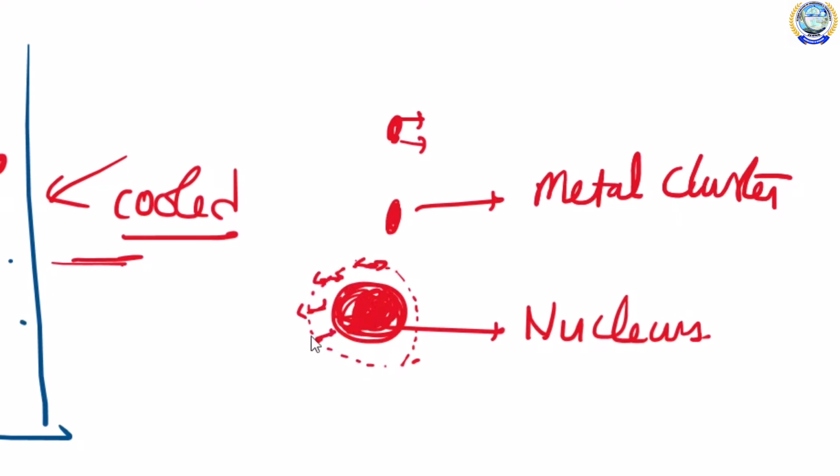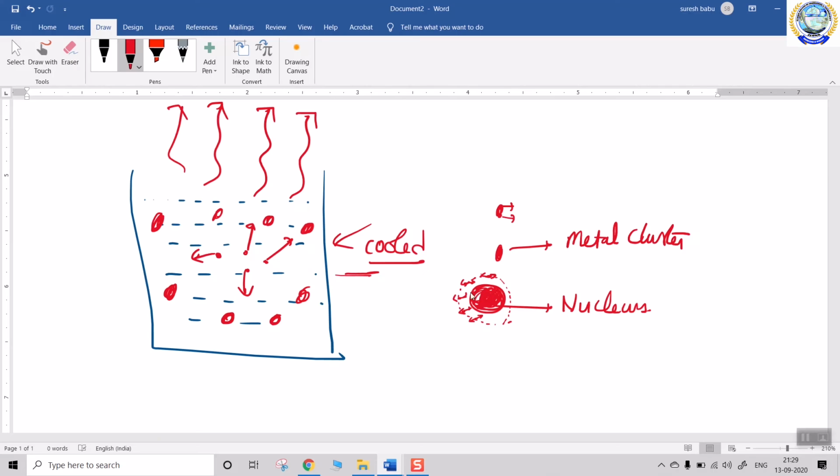Since they are in vibration, it has to slow down their energy to convert them into solid state from liquid state. For that purpose, this nucleus wants to decrease their vibrations. In order to decrease their vibrations, what does it have to do? It has to decrease the temperature around these particles. To decrease the temperature around these particles, this nucleus will influence some clusters present in the solution to redissolve in the liquid.